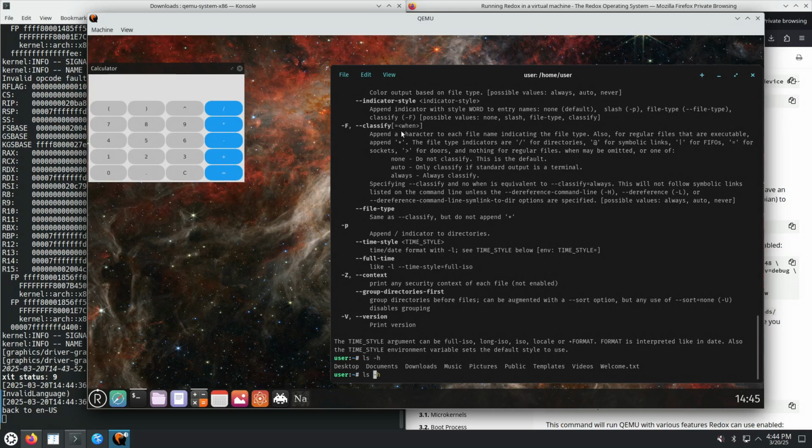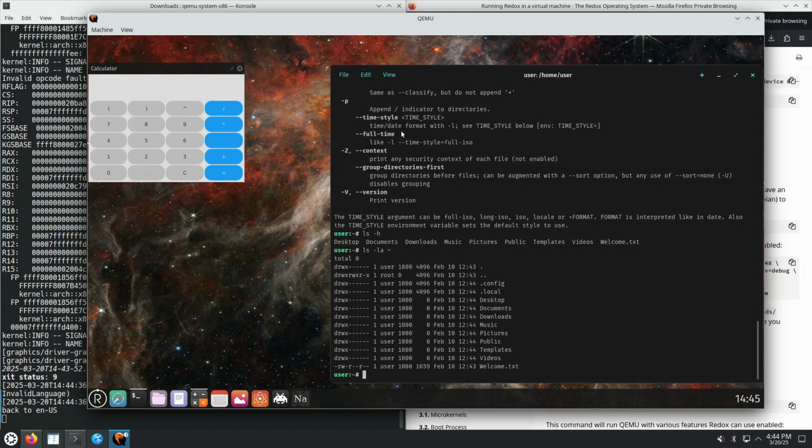Let's see the compatibility with POSIX or GNU style, ls -la ~. So ls shows short file names, and ls -la shows hidden files, the ~/.local and ~/.config directories, and so this is the a parameter, command line parameter, and -l means long, so show it in the form of a table